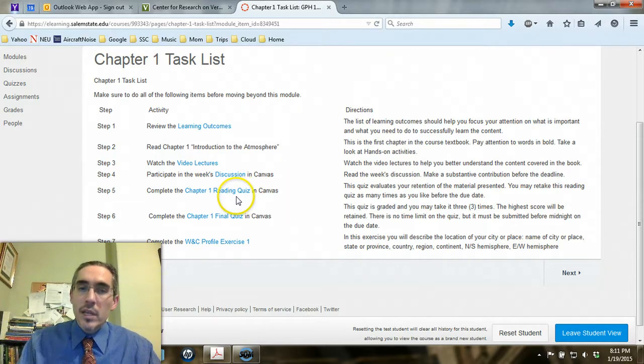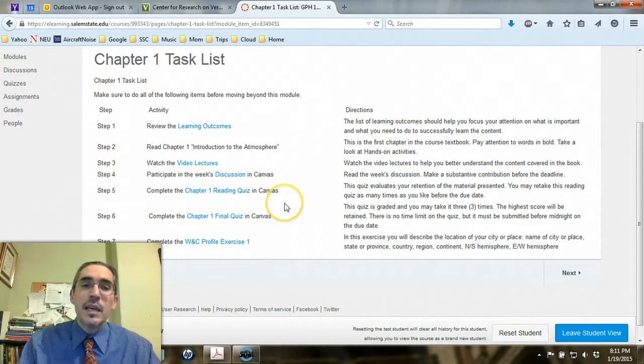There'll be a reading quiz, which you really shouldn't attempt until you have gone through the material and reviewed what you need to know. The nice thing is the reading quizzes you can take as many times as you like before the deadline, so you can repeatedly go after them till you get the score you want. The highest score will be retained, so that'll work to your advantage. But after the due date, they shut down, so there's no makeup for those, so you better get them done on time.